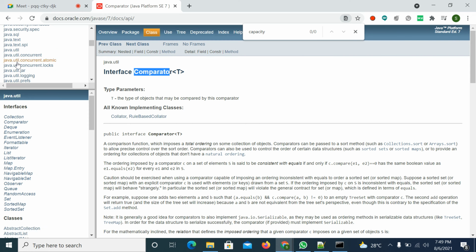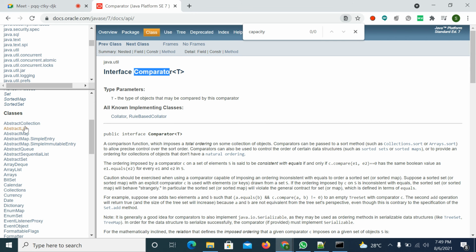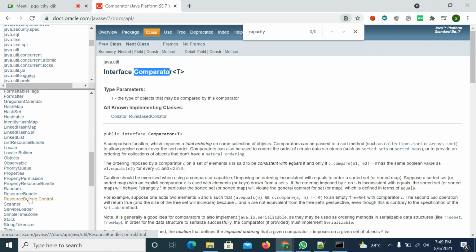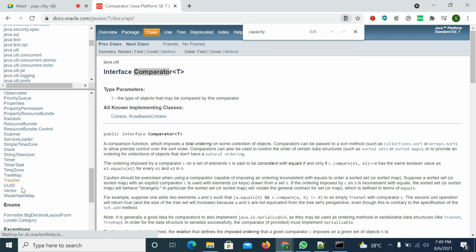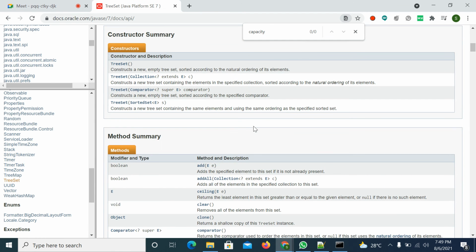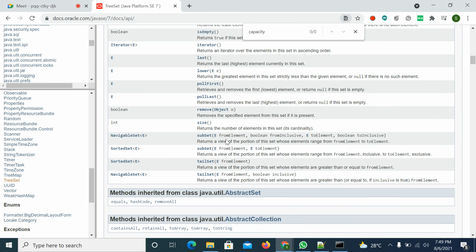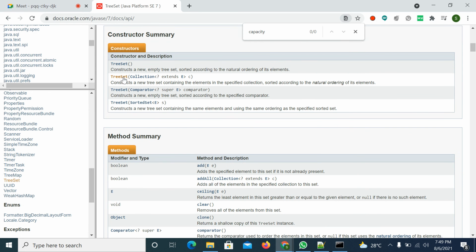So we'll see the sorted set, tree set class, tree set. Go to the method summary. Here you have so many methods, but we need to see the constructors.